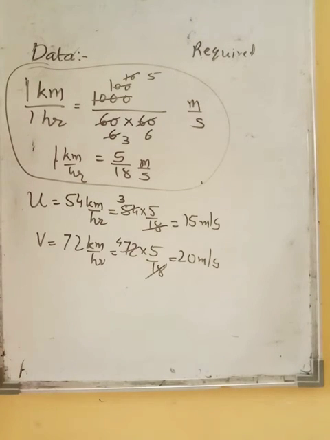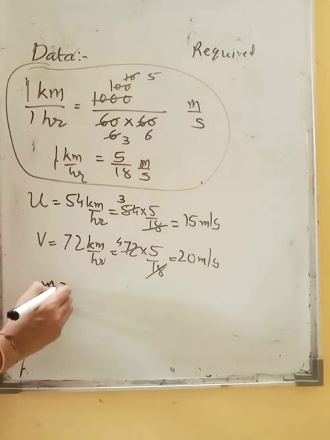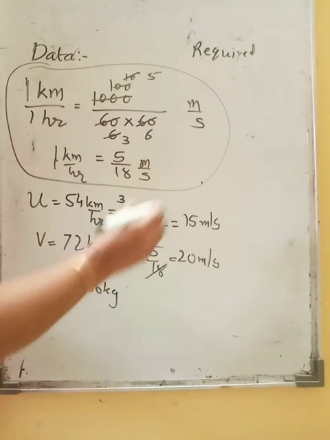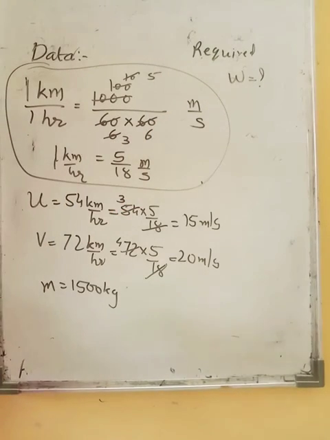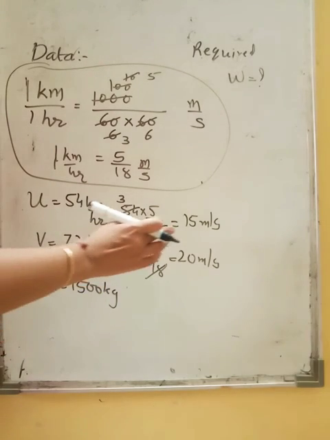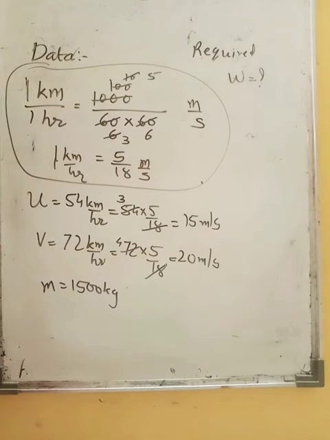So this is what initial things are given, and you are going to find out the work done if the mass is given. Mass of car is 1500 kg, and you are going to find out the work done. Actually here what is the work done? It is nothing but the increase in the kinetic energy. जो ये 15 से 20 में किया फास्ट, जितनी बनी उतना ही वर्क हुआ होगा ना. सो व्हाट वी विल बी यूजिंग? विल बी यूजिंग half mv square minus half mu square. So I hope the data is clear to you. Please write it down, the data, and then we will start with the solution part.